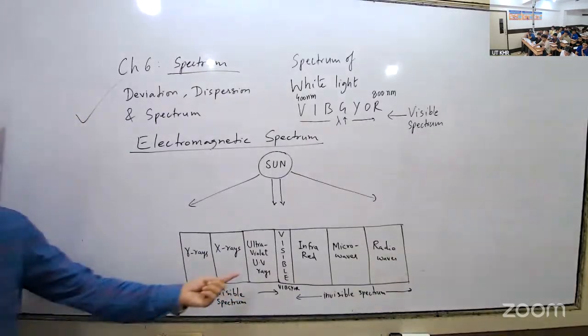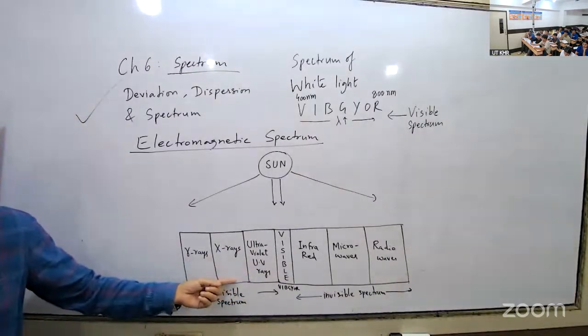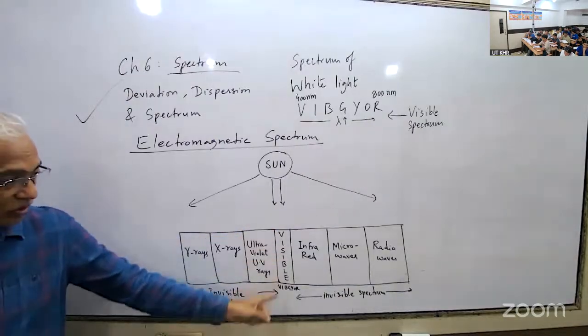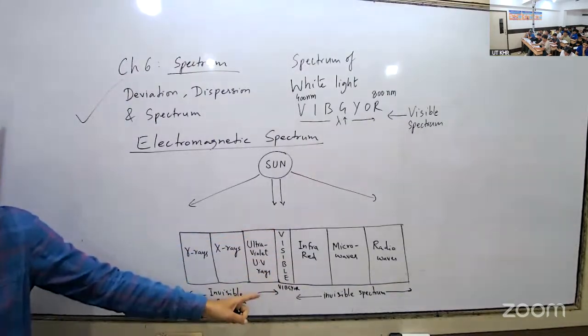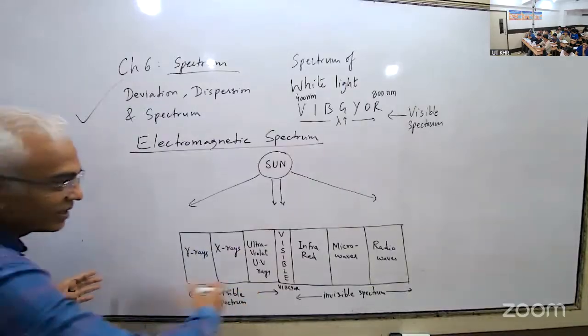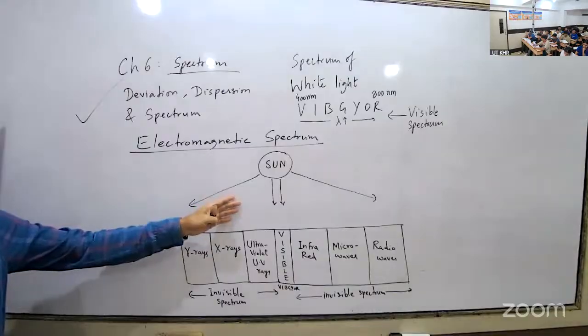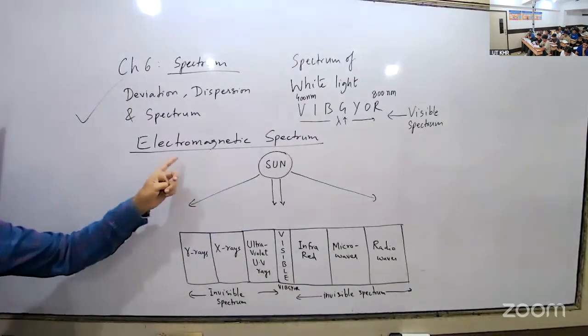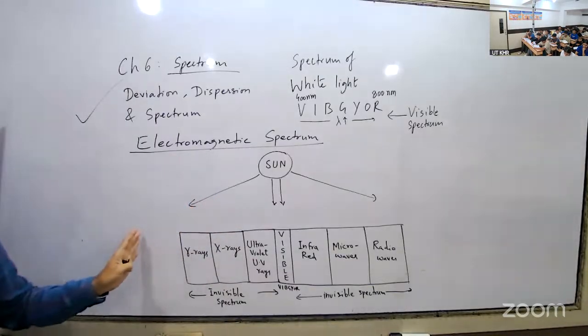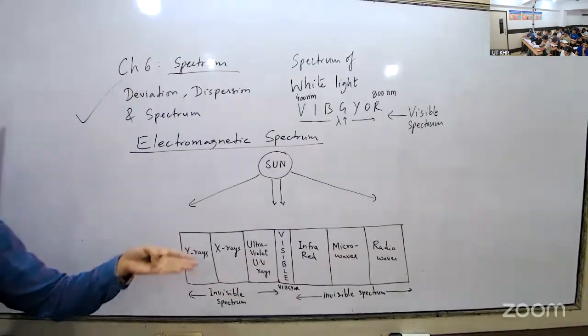Okay, so you cannot detect it through the human eye. The human eye detects only this small part. So the entire range of the wavelengths coming out of the sun is called the electromagnetic spectrum. Why electromagnetic spectrum? Because these light rays are